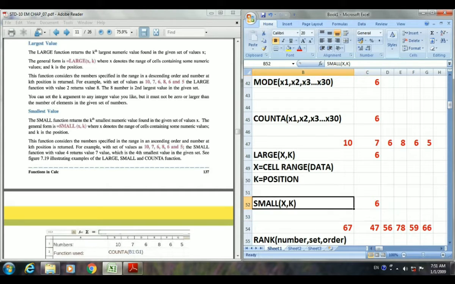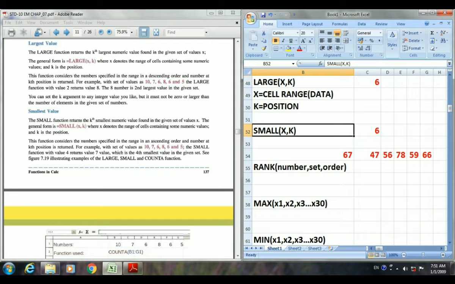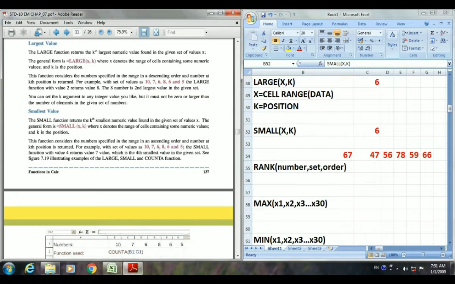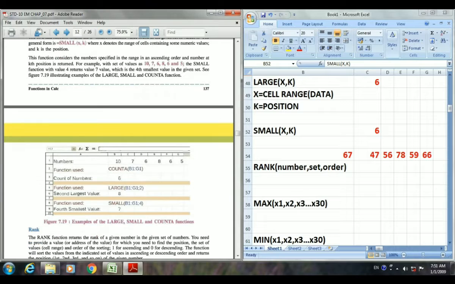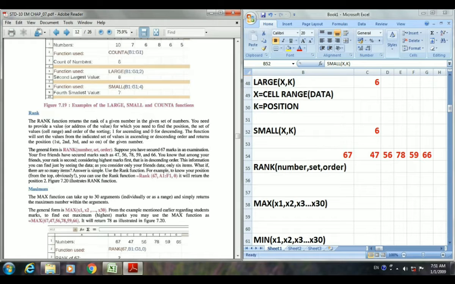Then our next function is the RANK function. The same function logic is discussed here, and the same answer is there, but we have changed the argument value, this position, so the answer will change.